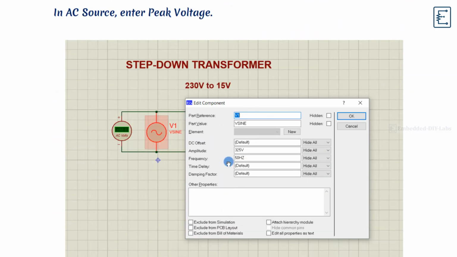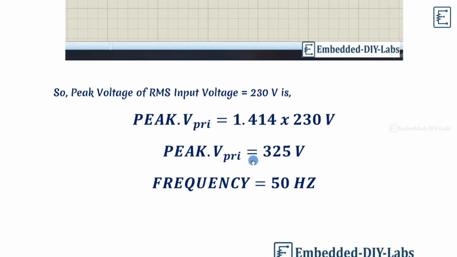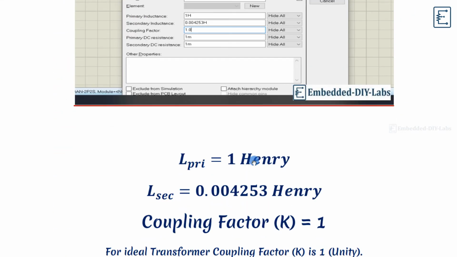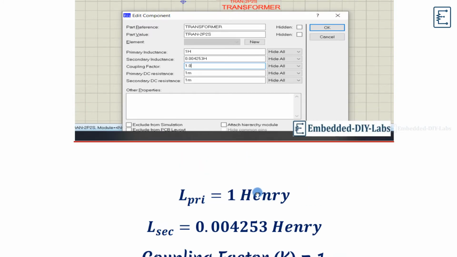In Proteus, for the AC source, we have to enter the peak voltage. The peak voltage of 230 volt is 325 volt, then 50 hertz frequency. In the inductance of the transformer, L primary is 1 Henry, secondary is 0.004253 Henry, then the coupling factor is 1.